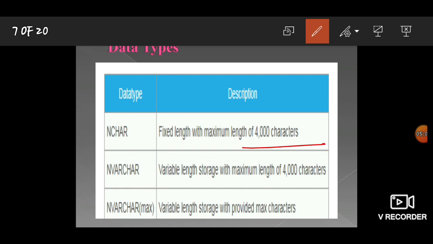In the previous slide you also saw that char can store up to 8,000 characters. Like that, with nvarchar we can store 4,000 characters, and with max we get variable length storage which provides the maximum number of characters.